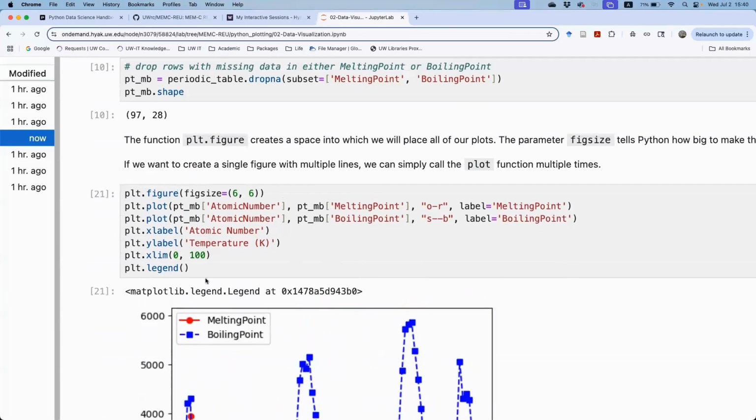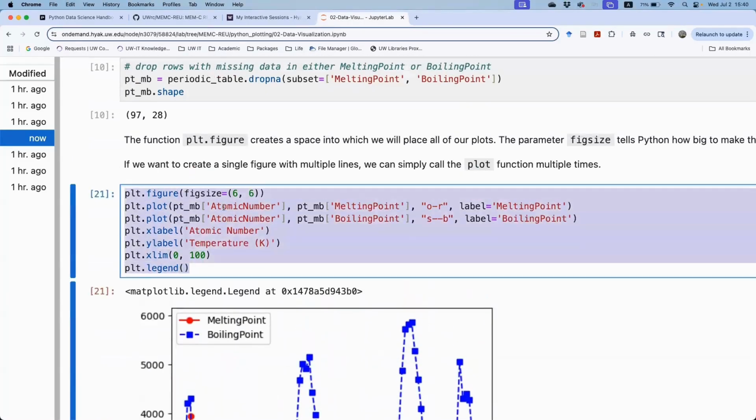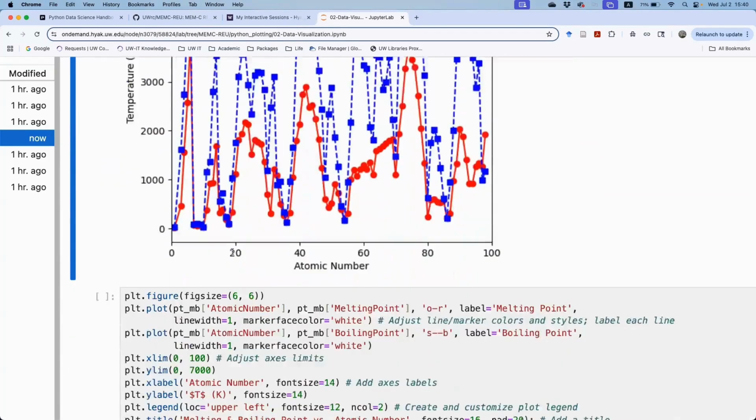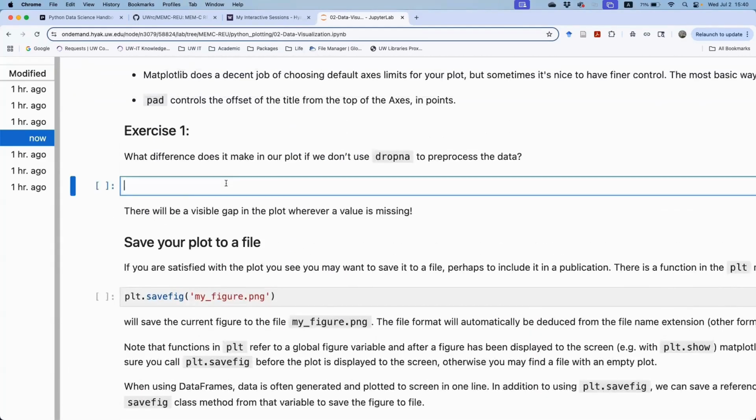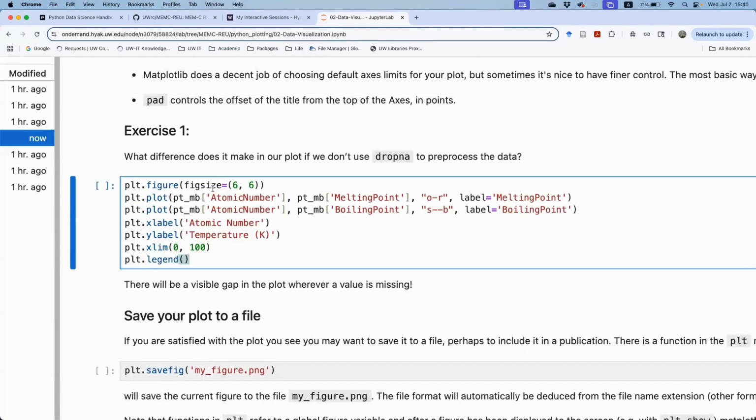So for example, we can copy the code block here and paste it here for exercise 1. And then because for this new variable I assigned, we dropped the missing value, if we use the original data, periodic table, for all of those x and y axes,